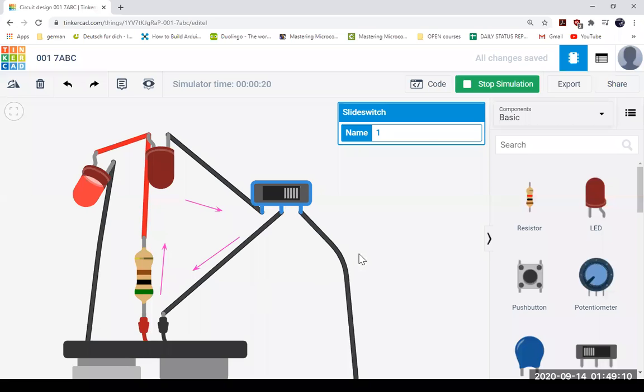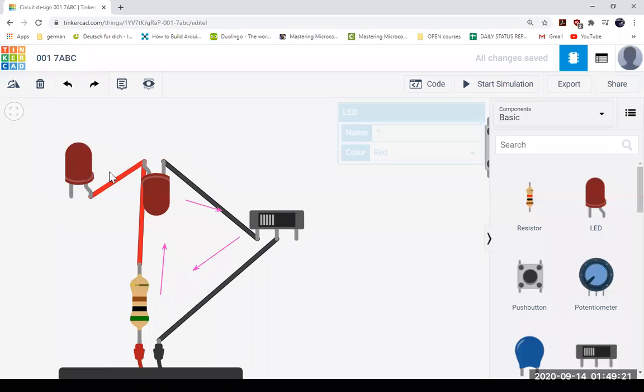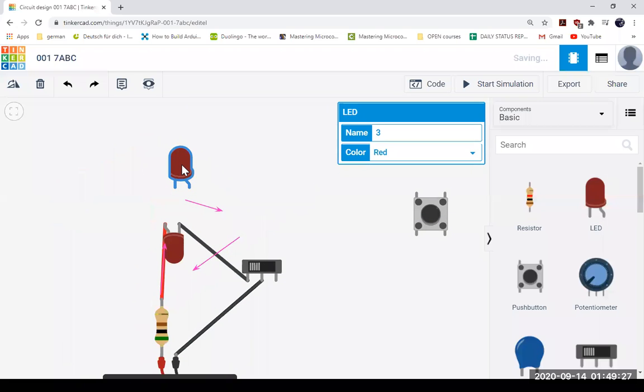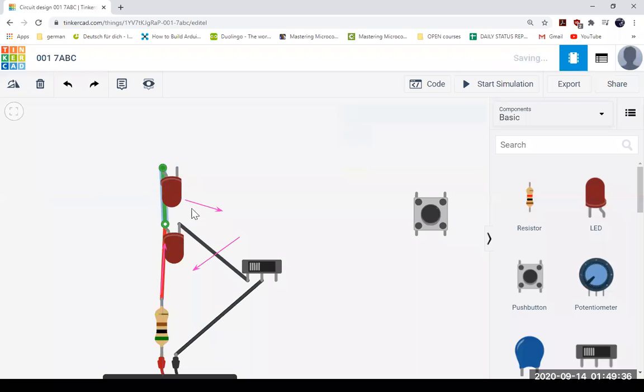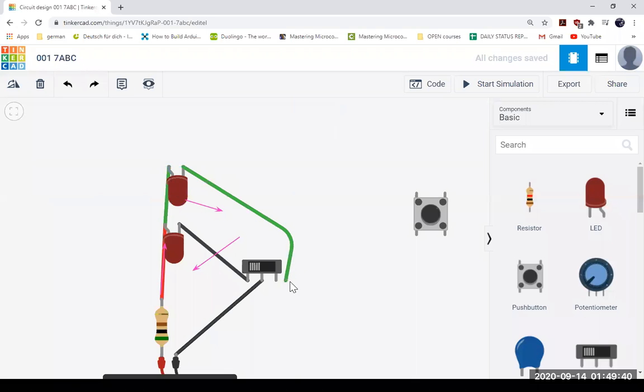So this terminal is going on. Okay, actually I should make it easier for you guys. Right, like this, and it is the anode, and this I will connect to this pin.